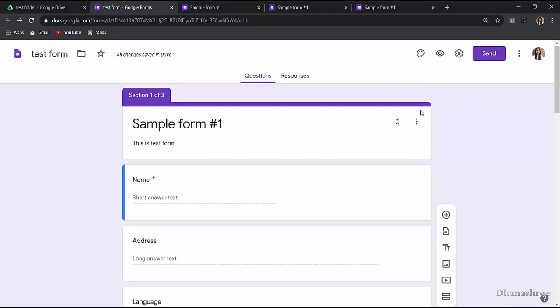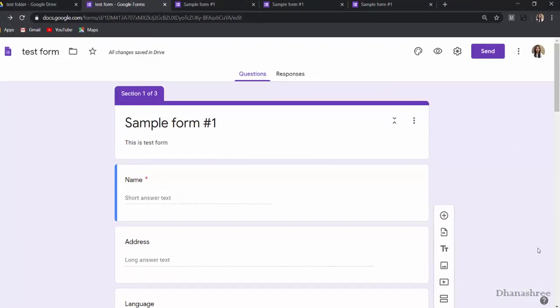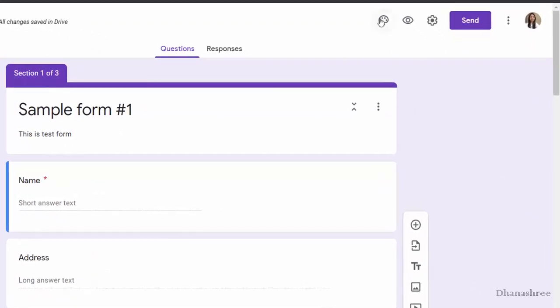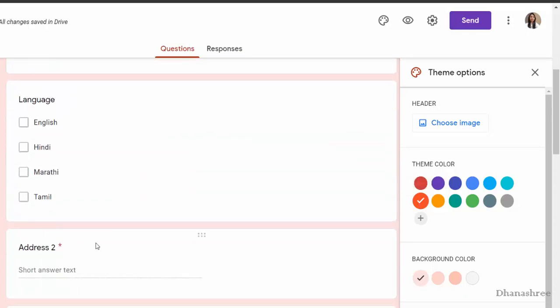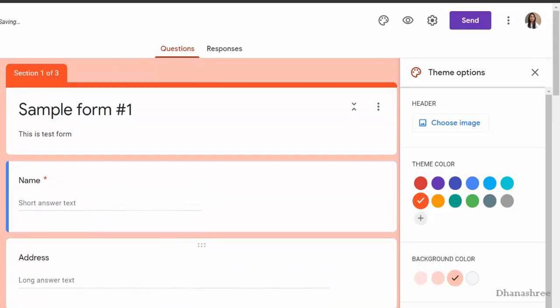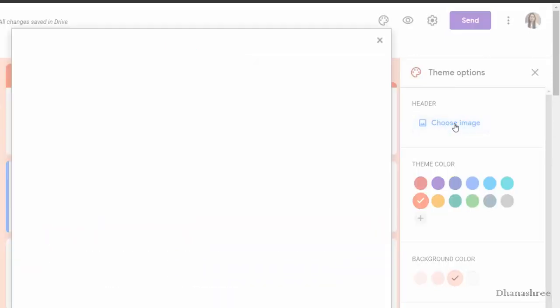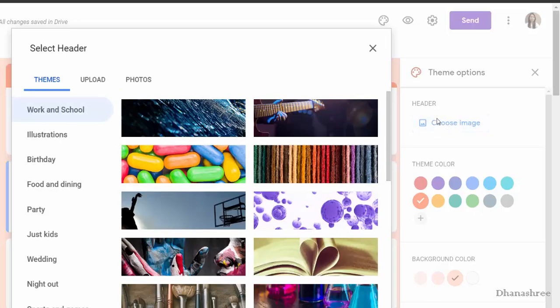If you want to make your form more attractive, then you can apply a theme on your form. For that, go to customize theme and select theme color. So that theme color is applied. If you want to change the background color, that is also possible. If you want to add the header image, then go to header, choose image.